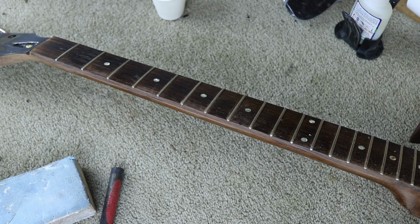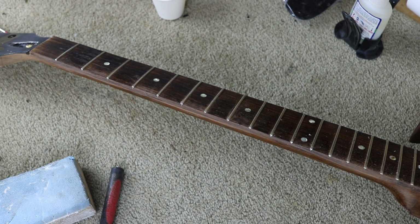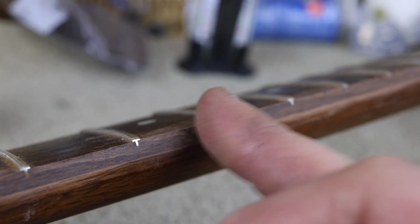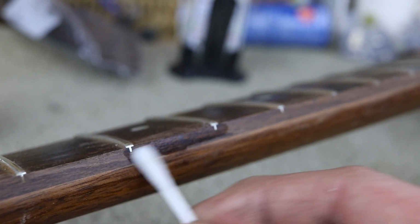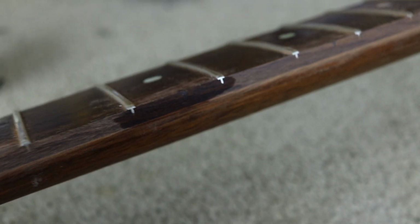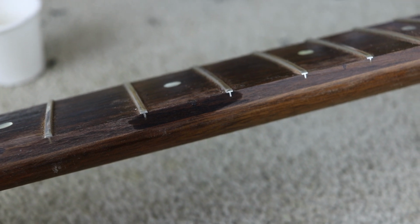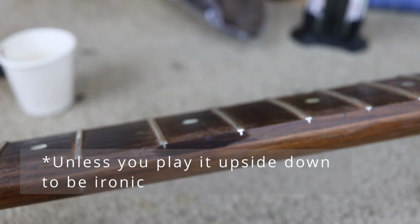So we'll clean that fretboard up a little bit more eventually, but that's looking really good. So you can see here, you can actually just about make that out. And there's two things. First of all, when the lacquer's on there, the wood's going to look like that more. So I don't think you'll see that. And secondly, this is a left-handed guitar, and so basically it'll be on the underside of the fretboard from the player's